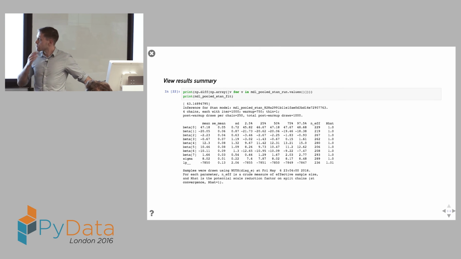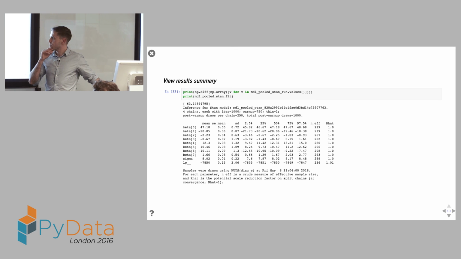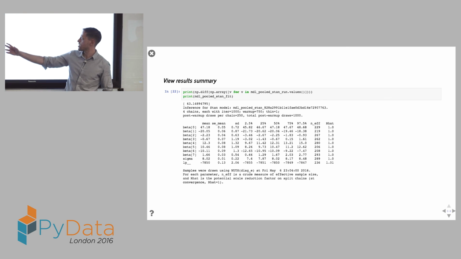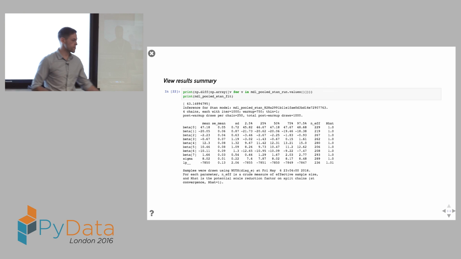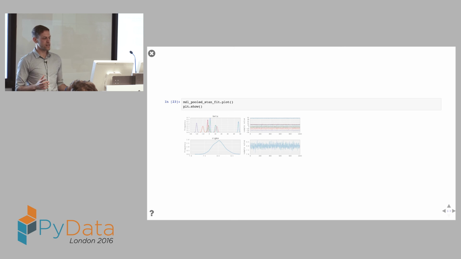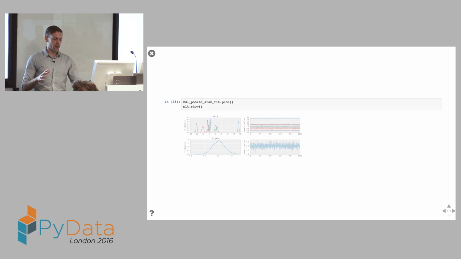The results summaries that come out of it aren't especially pretty, but they're a good first step for diagnostics. So we get an impression of what the mean is for our parameters coming out and the distributions of them. You can also plot these. And that's more or less, as far as I've seen, where the niceties of PySTAN pretty much end. After that, you're on your own. You have to do your own plotting, more or less.